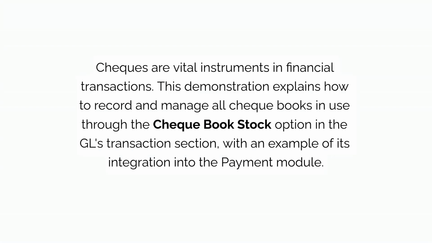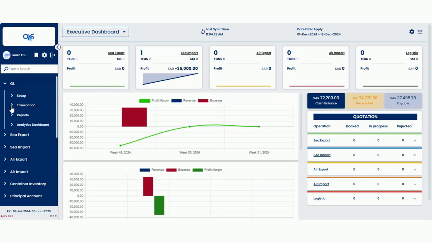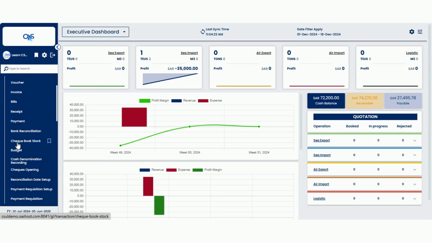Checks are vital instruments in financial transactions. This demonstration explains how to record and manage all checkbooks in use through the Checkbook stock option in the GL's transaction section, with an example of its integration into the payment module. Click on the Checkbook stock link under the GL's transaction section to view the list of existing checkbooks or add